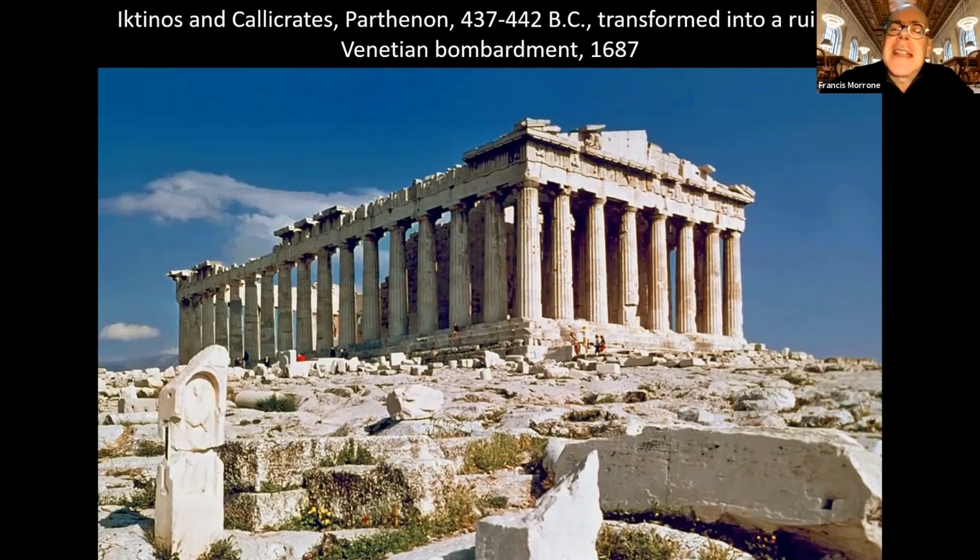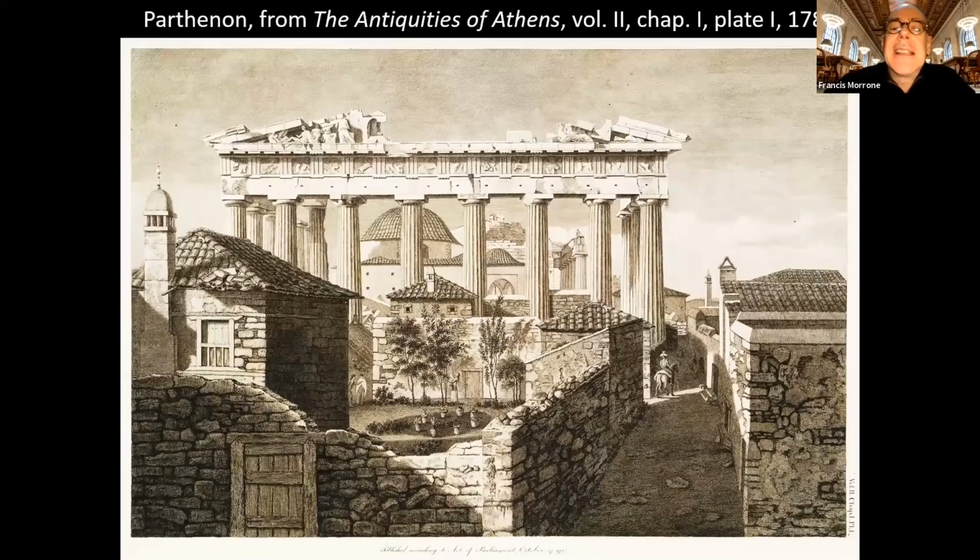And you figure that the Parthenon is a ruin today because it's so old, right? It rains and, you know, this and that, and buildings just deteriorate. But a great part of the reason for the present state of the Parthenon is that it was actually bombed to rubble by the Venetians in 1687. We needn't go into all the whys and wherefores of that, but had that not occurred, the Parthenon would be much more intact than it is.